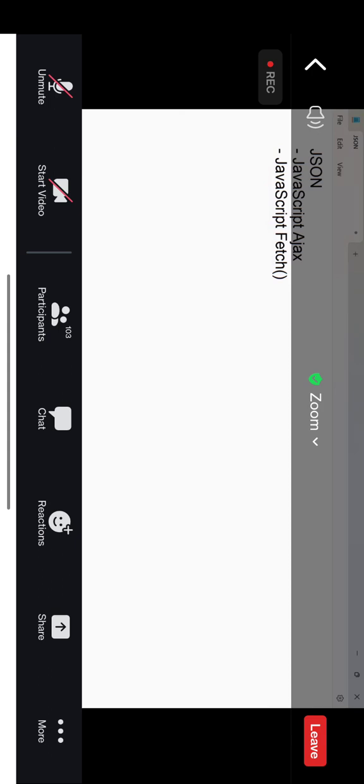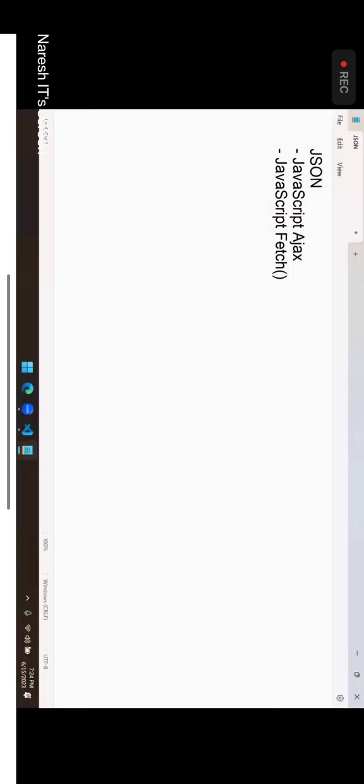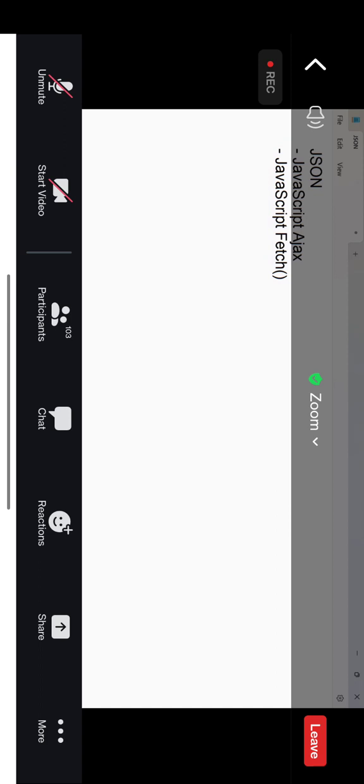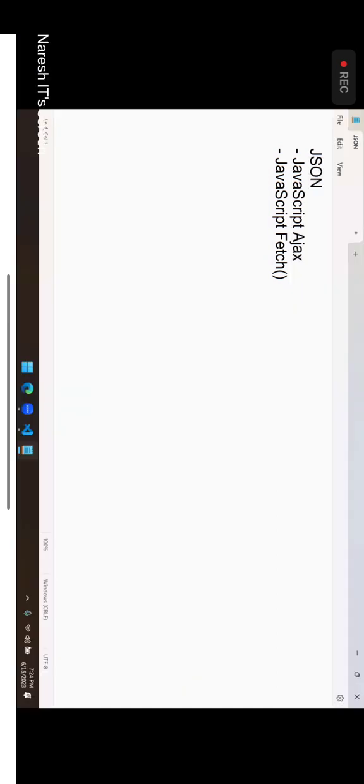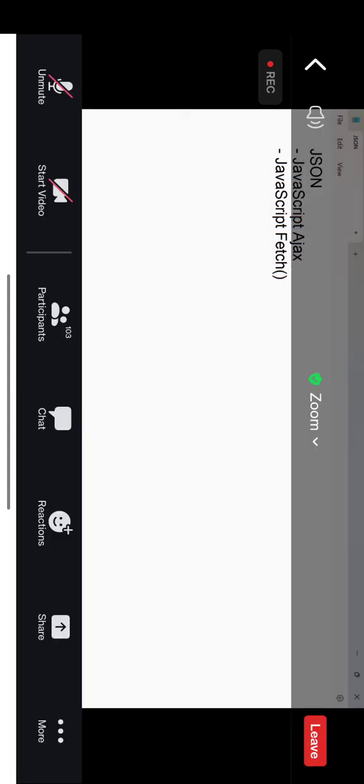What is the difference between these two? The difference between these two is